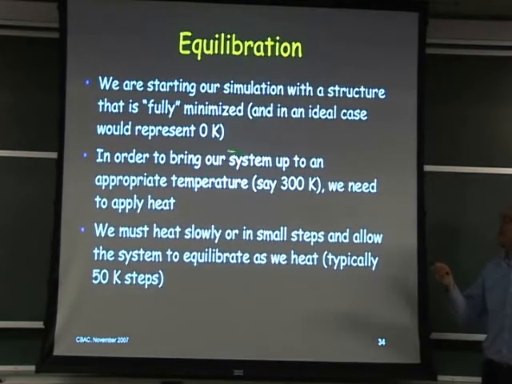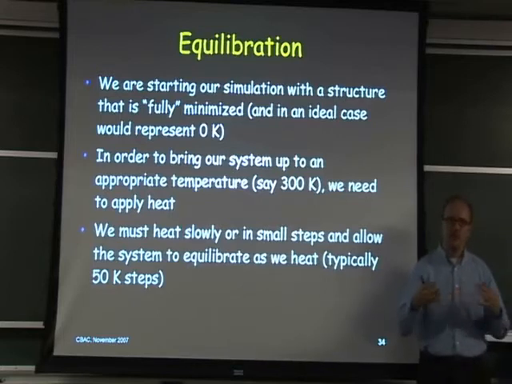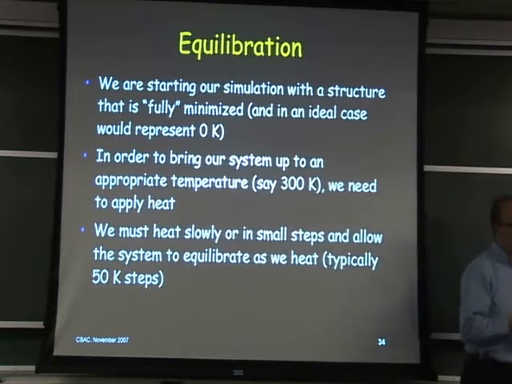We want to equilibrate. Our minimized system should theoretically correspond to a temperature of 0 degrees Kelvin, where things are sitting at their absolute minimum. But we want to simulate something, let's say, at room temperature, about 300 Kelvin. So we need to apply heat. But this is an equilibrium simulation method. And so I can't simply crank up the heat, otherwise my system is going to be far from equilibrium, and I'm not going to trust the dynamics of getting from my minimized point to my equilibrium point.